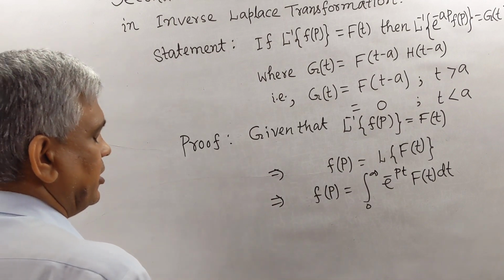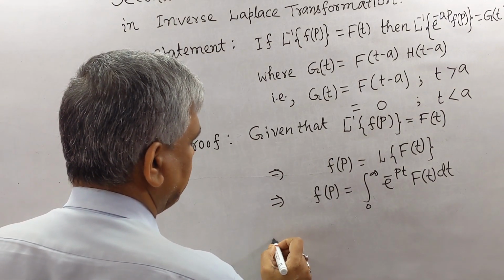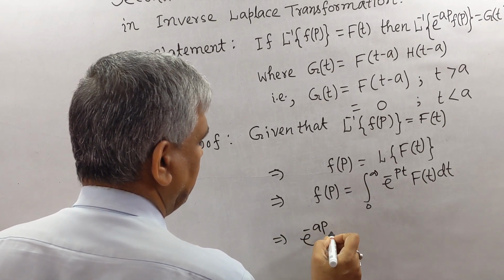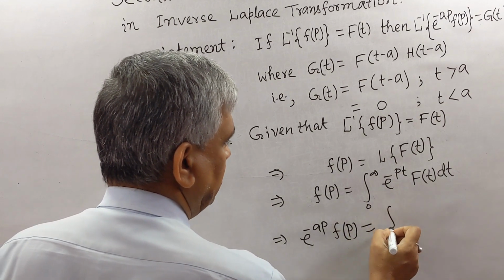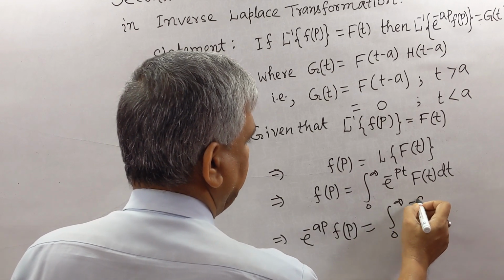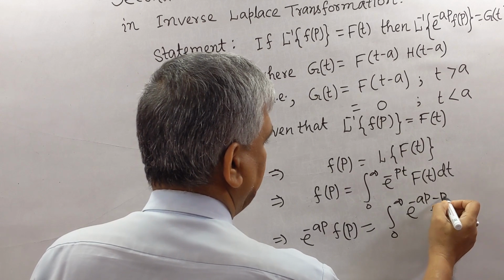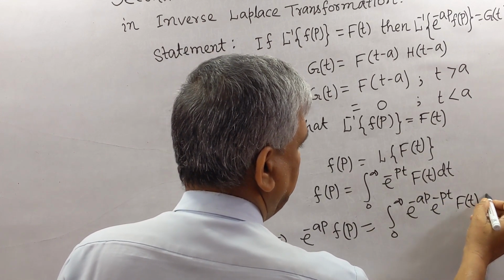Multiplying both sides by e to the power minus ap, we get e to the power minus ap F(p) equal to integral 0 to infinity e to the power minus ap e to the power minus pt f(t) dt,